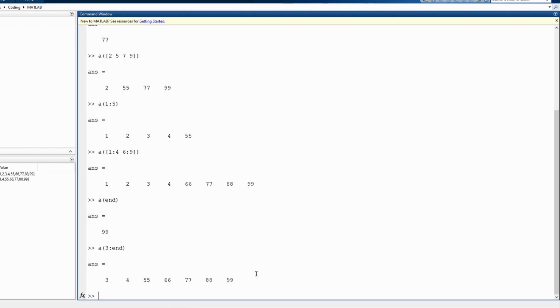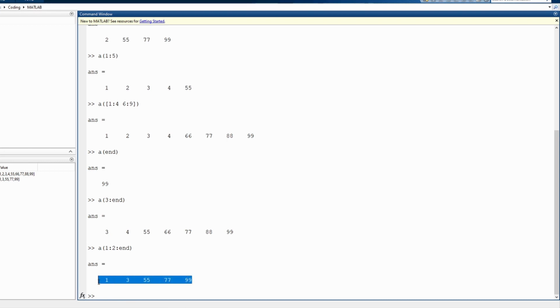Okay, now if I write a of 1:2:end, so you can see that 1 3 5 7 9 has been printed out. So 2 is the incrementing operator. Okay, please go to the colon operator video in the playlist for understanding all these things. Okay, so this much for the one dimensional array.